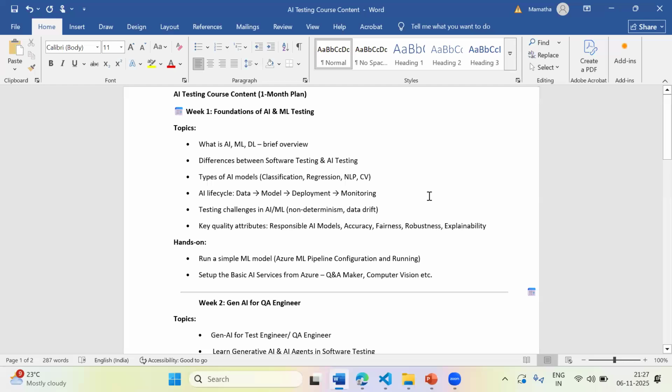Okay. So as I already discussed, I'm just going to brief, at a high level, the content that we are going to cover, along with whatever we had discussed yesterday. We had segregated it into four different modules. As part of the first module, we are going to learn about the fundamentals of AI and